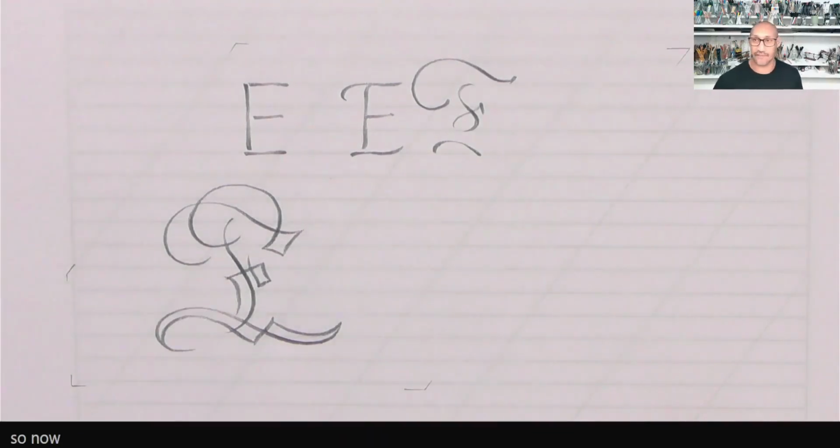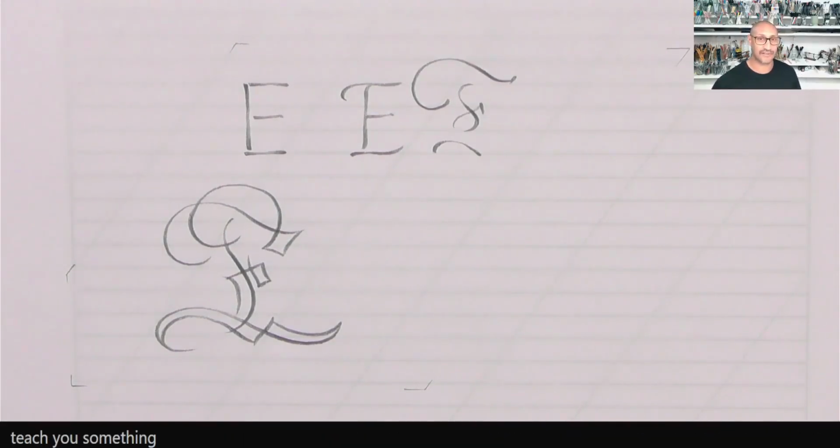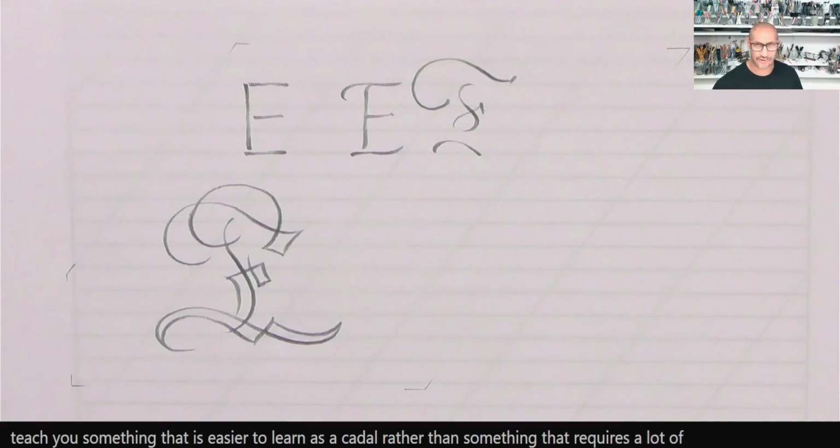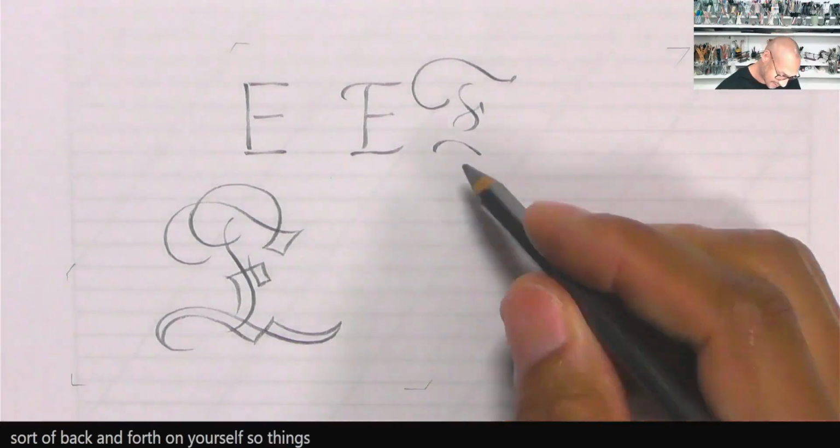So now that I have that, I'm going to work through some different tools. Now, the idea behind this kind of method is to teach you something that is easier to learn as a Cadel, rather than something that requires a lot of constructions going sort of back and forth on yourself. So things like